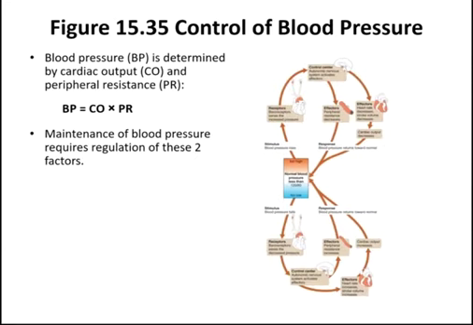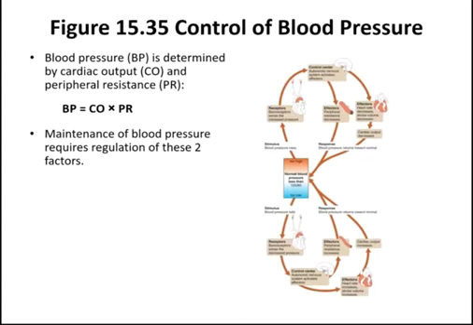Maintenance of blood pressure requires regulation in two different directions, right? We've seen a lot of these figure 8 homeostatic control mechanisms presented to you. Normal blood pressure is roughly around 120/80. If it gets too high, baroreceptors in the aorta and the carotid artery are going to detect that and report it to the hypothalamus. If it's outside the set point, if it's too high, it's going to send out